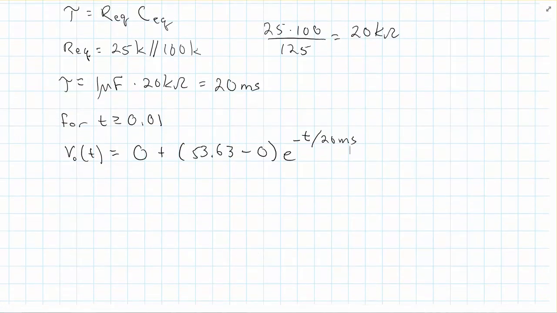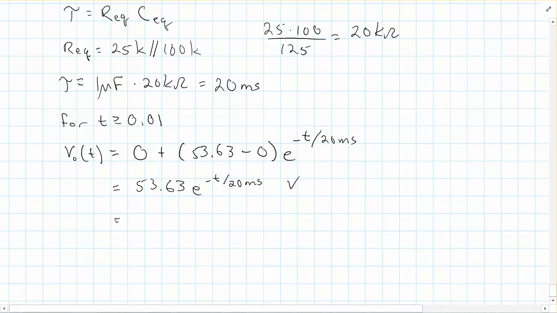And of course, you don't really have to write this step down. You could really just write the answer down because the zeros clearly just do nothing, and so really the answer is just 53.63 e to the minus t over 20 milliseconds volts. And again, the book, when you look at the answer here, is slightly different